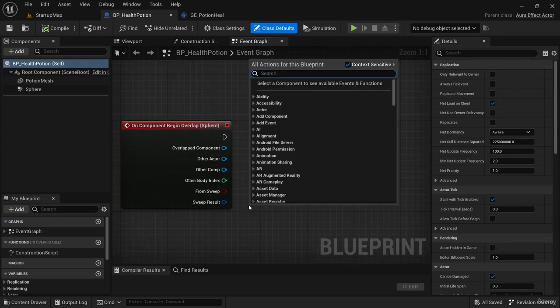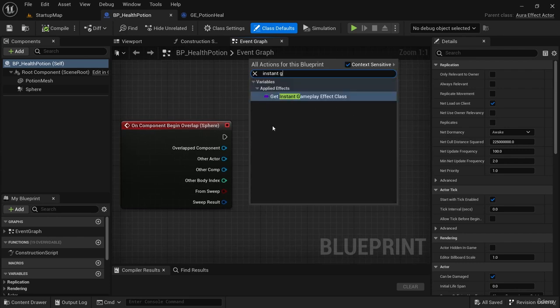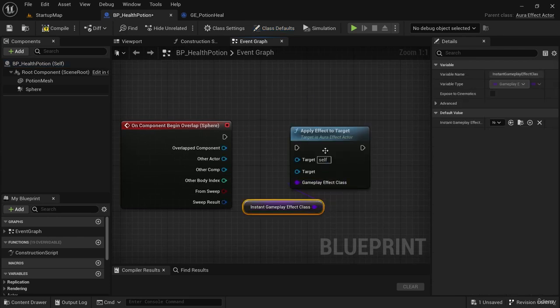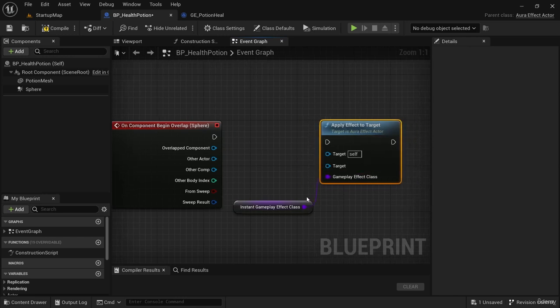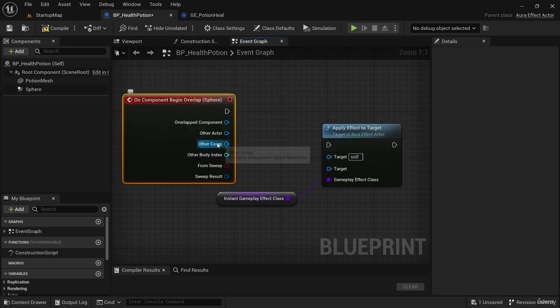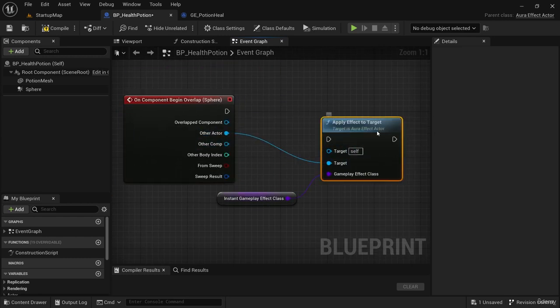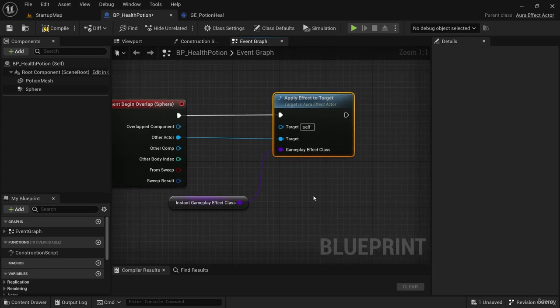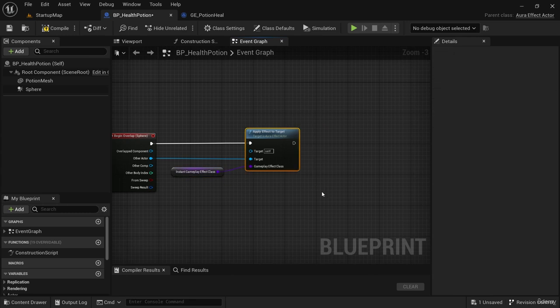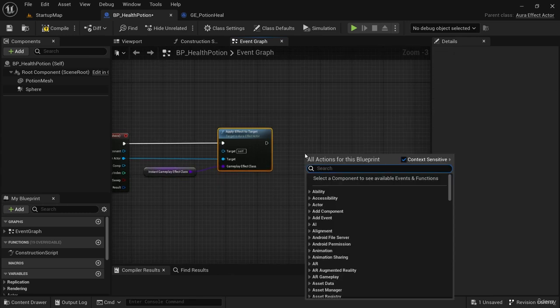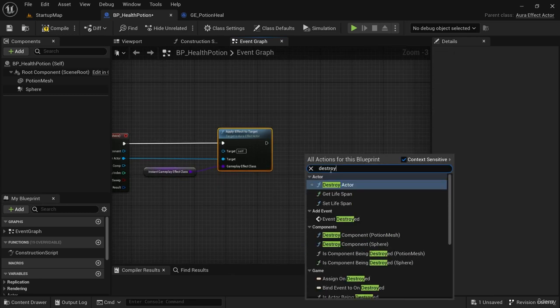So now that I've exposed it, we can search for instant gameplay effect and get that and plug it in to our blueprint callable function, apply effect to target. It just needs a target, and when something overlaps, we're going to take the other actor and pass it in as the target and hook that up. And now we have a blueprint for an actor that will apply an effect. Now let's just say we want to destroy the actor. We'll just call destroy actor here